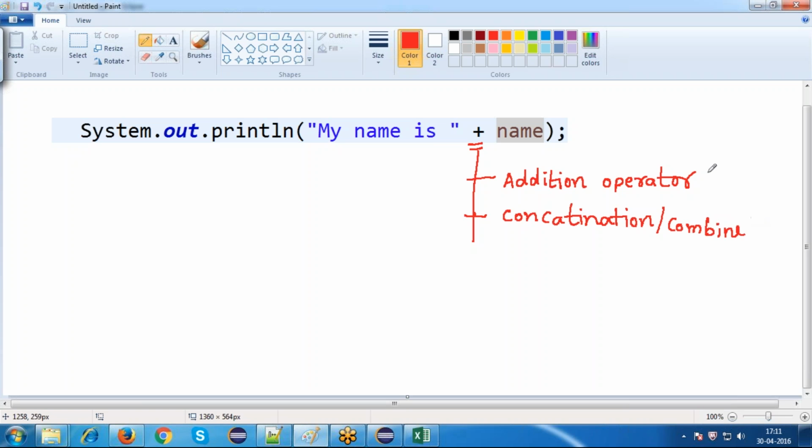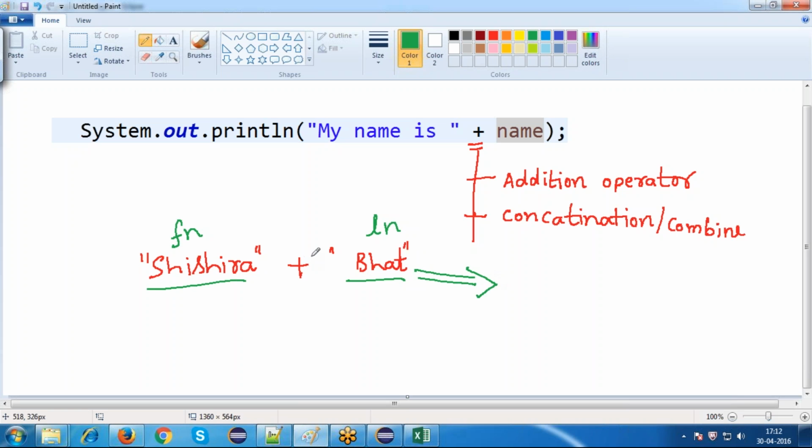For example, for my name, I can say this is my first name plus this is my last name. Can you perform an addition operator on this? Common sense, no. In this case plus is used as concatenation and it gives me the result,